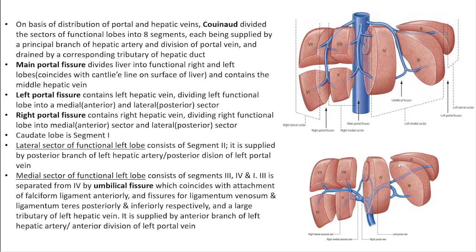What is their surgical significance is, since each segment receives its blood supply from a principal branch of the hepatic artery or the portal vein, each segment can be removed independently without much bleeding and without causing damage to other neighboring segments. So instead of removing a larger part of the liver, if some disease process is limited to one segment only, then only this segment can be removed. That is called a segmentectomy, removal of an individual segment of the liver.